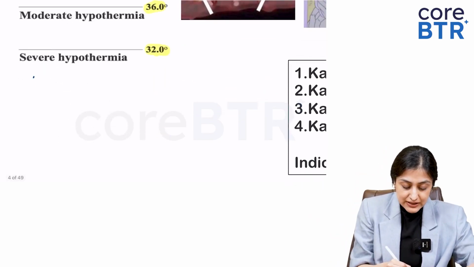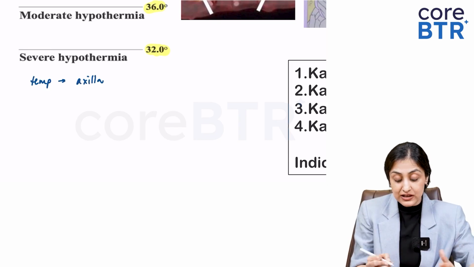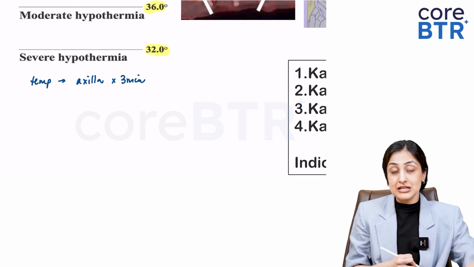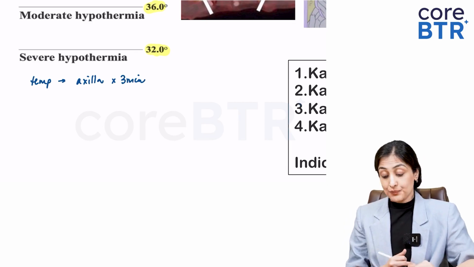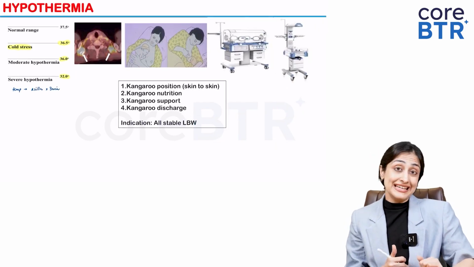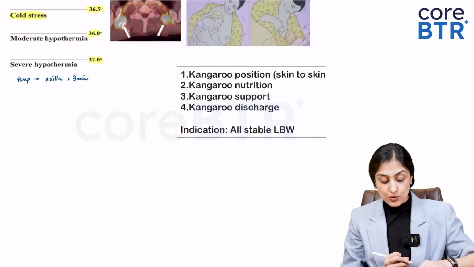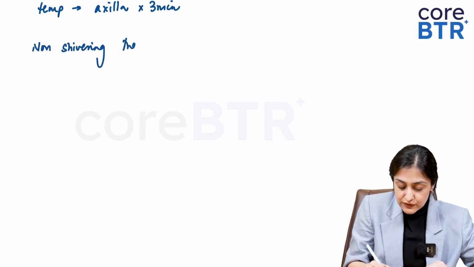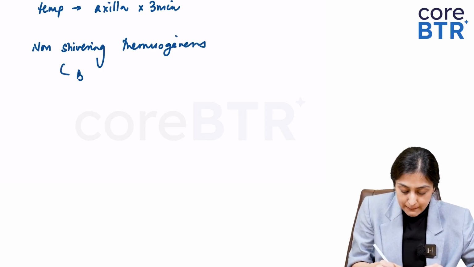How we measure the temperature of a newborn is you measure at the axilla. So this is by convention, axillary temperature is measured for at least 3 minutes. You have to keep the thermometer at the axilla. All right. Now, something that is unique in neonates in their temperature control is they cannot shiver, right? So what they rely on is non-shivering thermogenesis. So non-shivering thermogenesis is what is meant by brown